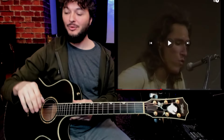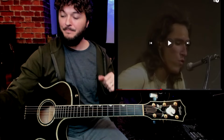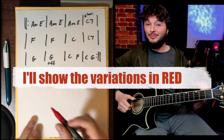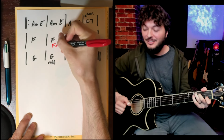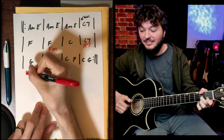Okay. This is a good spot for us to actually go back to that first chorus and talk about the variations in the first chorus now. I'm just going to point out what they are first, and then we'll listen to him do it. So what he does is he plays some common kind of jazz type moves, or maybe you could think of them as almost ragtime. So the first 4 bars are the same, but then when he goes to the F, he starts with F, going to F minor, which is a plagal cadence, going to C, A7, leads to D7,